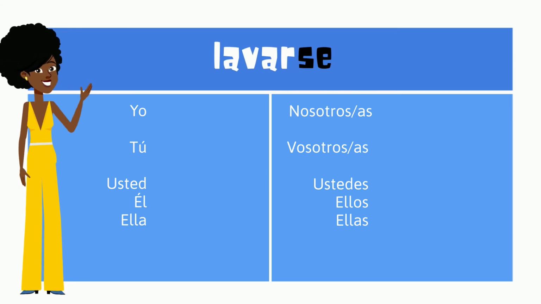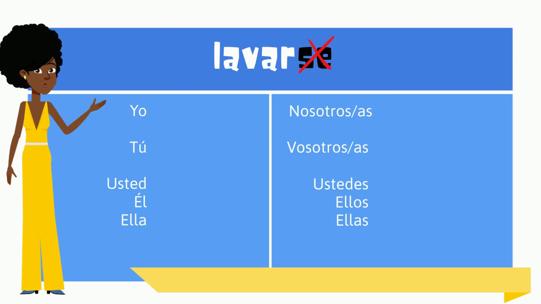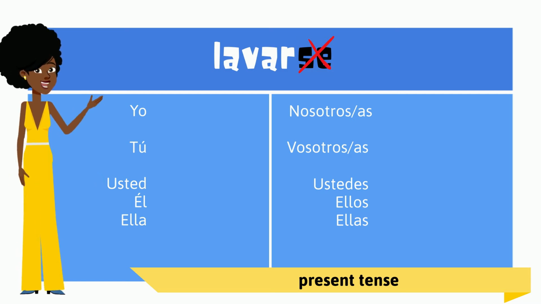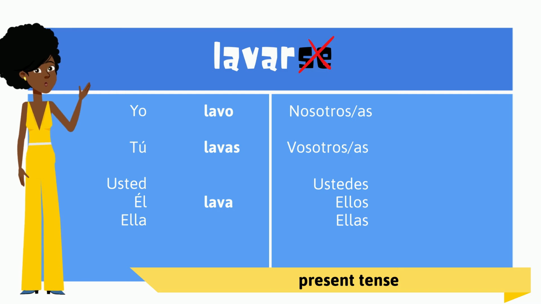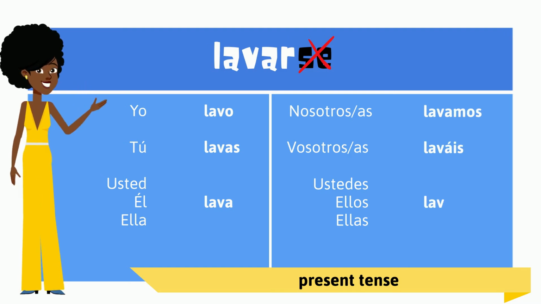Step 1. Ignore the se and conjugate the verb. For now, we will be conjugating reflexive verbs only in the present tense. Lavarse is now lavar. Yo lavo, tú lavas, él, ella, usted lava, nosotros, nosotras lavamos, vosotros, vosotras laváis, ellos, ellas,